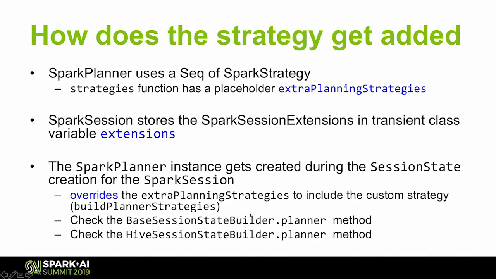So how does this strategy get added? Spark Planner is the physical planner in Spark. It uses a sequence of Spark strategy. There's a function called strategies function, and it has a placeholder called extra planning strategies. So whatever customizations that you added will get added as part of the session state creation. It basically will create a new Spark Planner instance, and it'll override the extra planning strategies to include your custom